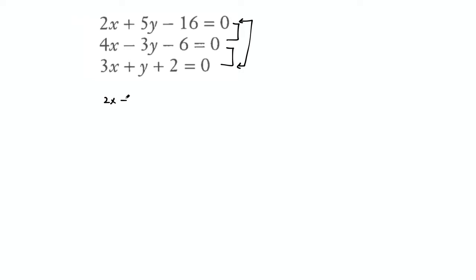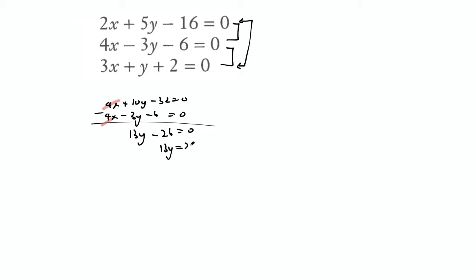Okay, so we end up getting 2x plus 5y minus 16 is equal to 0, and 4x minus 3y minus 6 is 0. So we can't do any elimination steps yet, right, because we can't cancel out any of the variables, but multiplying this top equation by 2, you end up getting 4x plus 10y minus 32 is 0. Now subtracting this through, x's cancel, and you get 10y plus 3y, so that's 13y. Here you get minus 32 plus 6, so that's going to be minus 26. Bring the minus 26 to the other side and divide by 13, and you get y